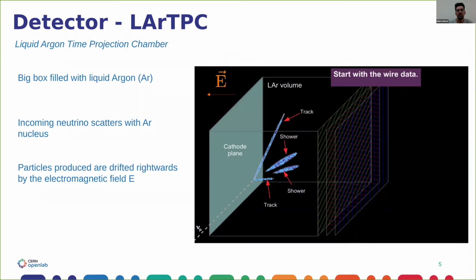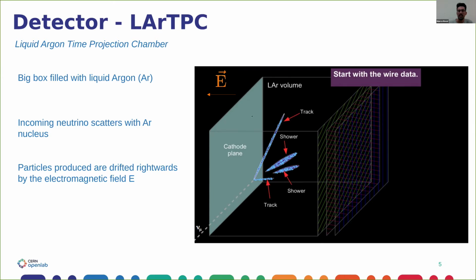This detector is called LArTPC, which stands for Liquid Argon Time Projection Chamber. This is a big box filled with liquid argon, and it works as follows. A particle, as you can see here, a particle like a neutrino comes within the detector and scatters with the nucleus of argon that are inside. And since